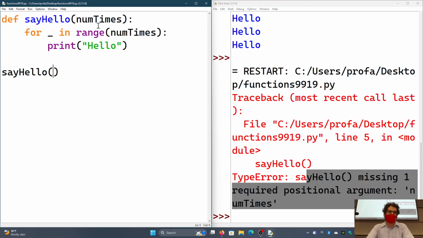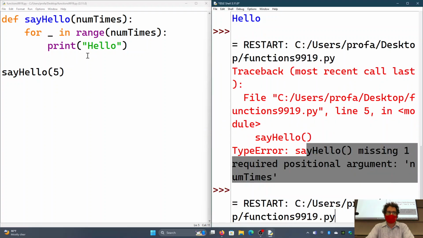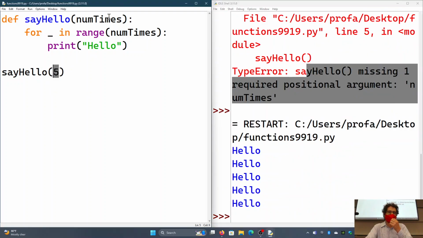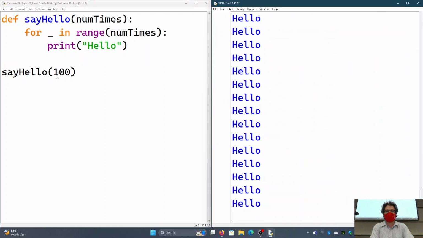So we solved that by, oh, okay, we need a certain number of times, I'll put in a certain number of times, 5. So the 5 gets copied over into this variable and then gets used over here. For blank in range 5, print hello. So for loop that repeats 5 times, what does each loop of the for loop do? It prints out hello. Okay? So, right? If I told it to print 100 times, it would do that quite easily.